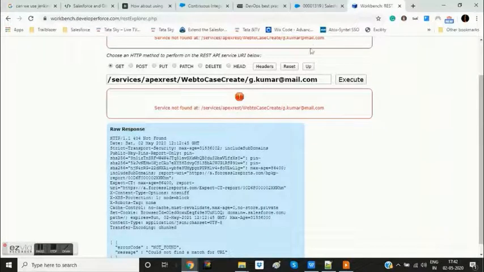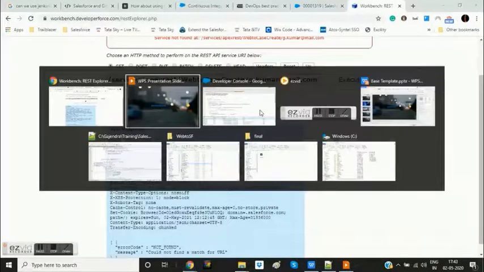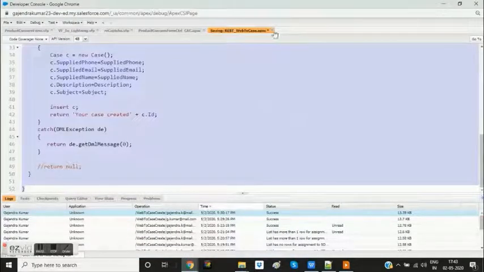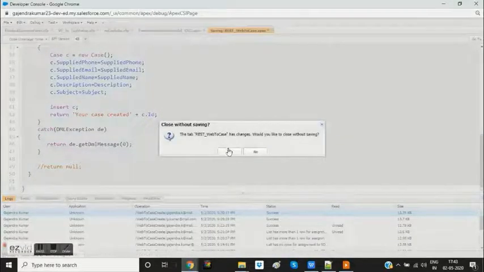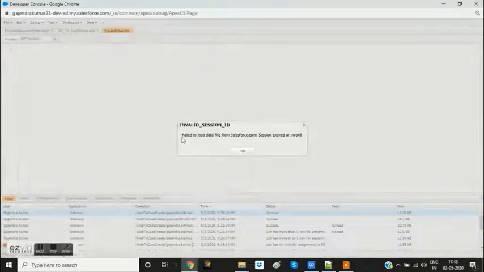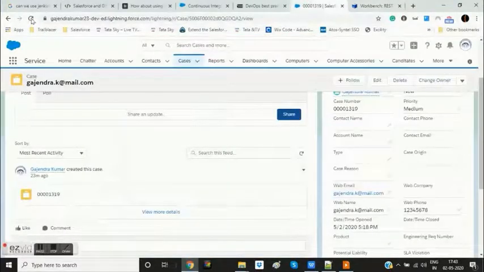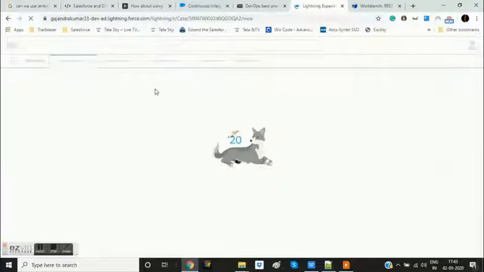It says service not found at this web to case create gkumar at mail.com. Okay, so this is not yet saved. Let me save it once again. Okay, session expired or invalid. I logged off.